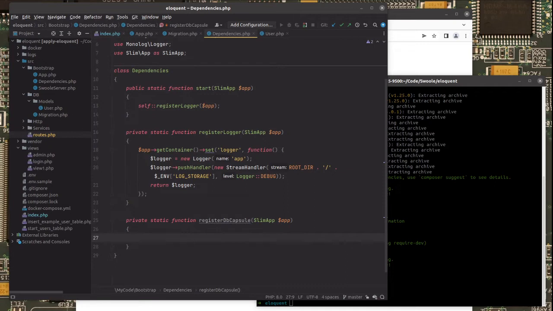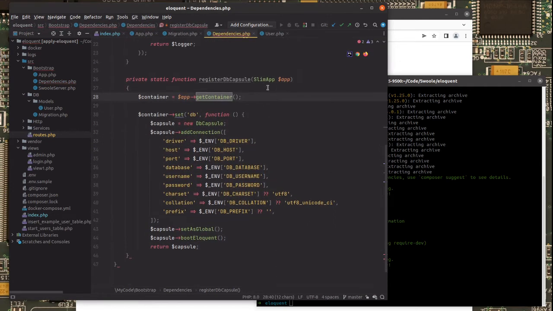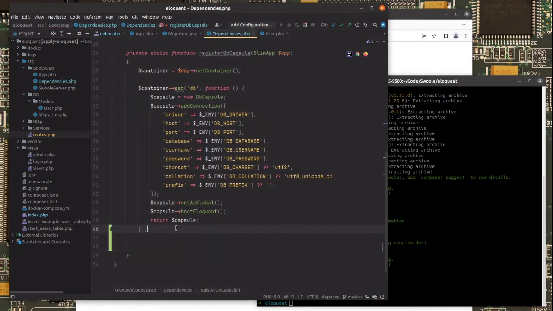And there, I already have some code prepared, which is basically the code that they offer in their documentation. I'm going to get the container as usual, and I'm going to set that whenever I call DB in our dependency injection container, I'm going to return the capsule, the Eloquent capsule, which keeps our connection to the database. Okay, so now what we're going to do is close this call right here, because this is dependency injection,